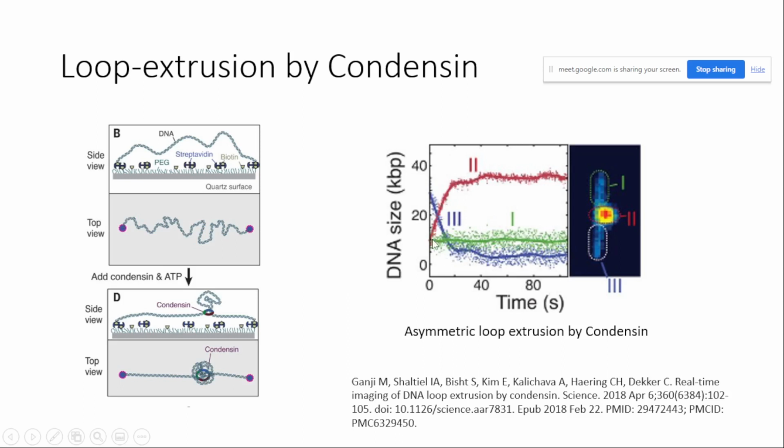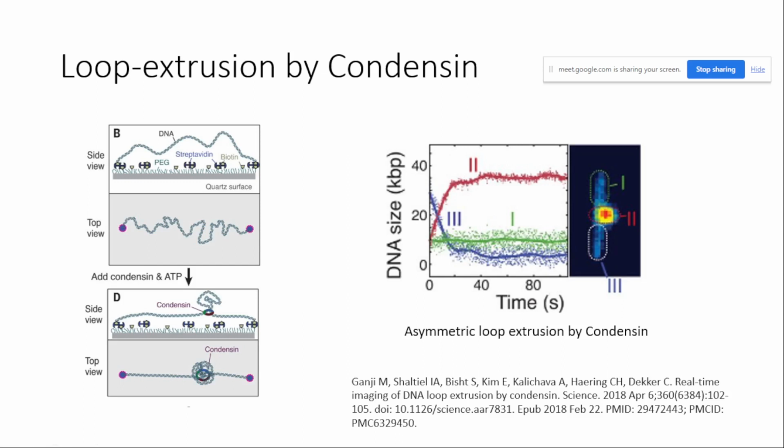So that means that initially, from 0 to almost 30 seconds, in this time period the region 2 DNA size has been increased. Region 2 is nothing but the loop, so the loop size has been increased initially. And the other region we have is region 3. This region 3 has been decreased. That means the DNA size of this region is decreased, the DNA size of this region is increased, and the DNA size of this region remains constant. What does it mean?